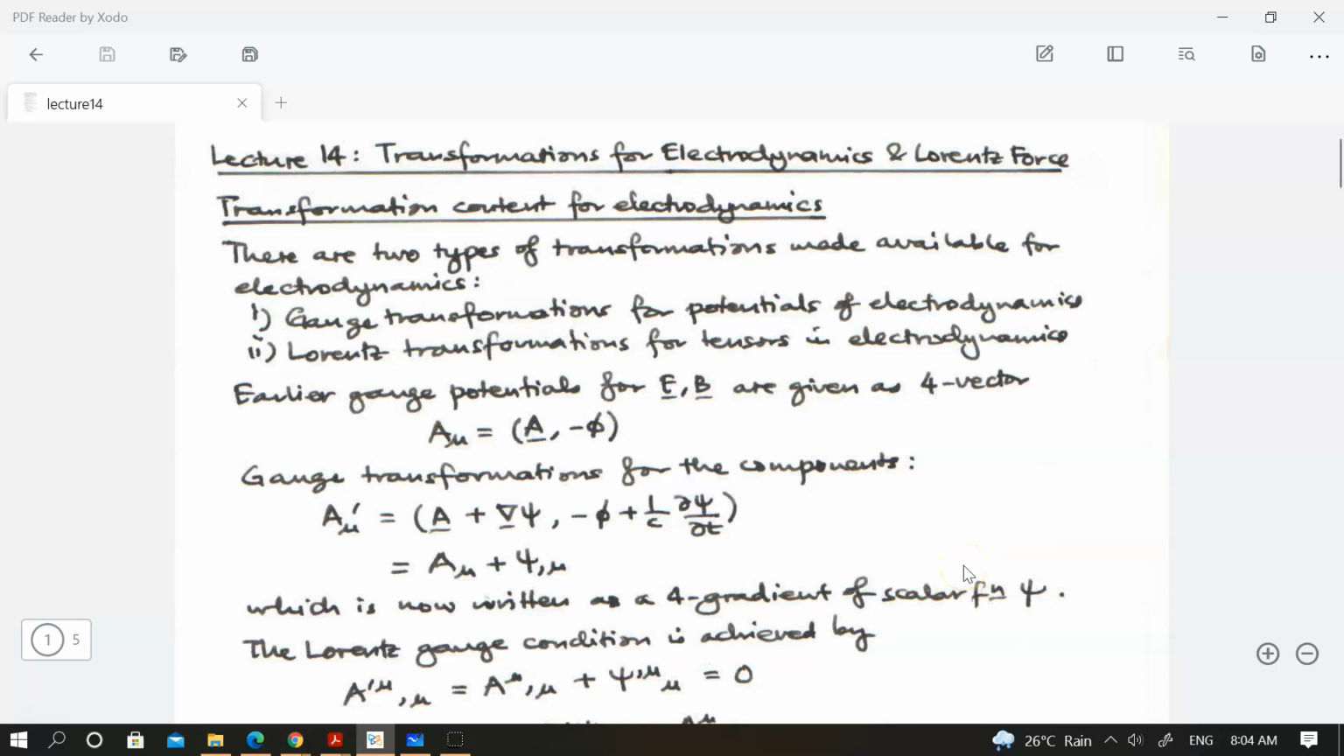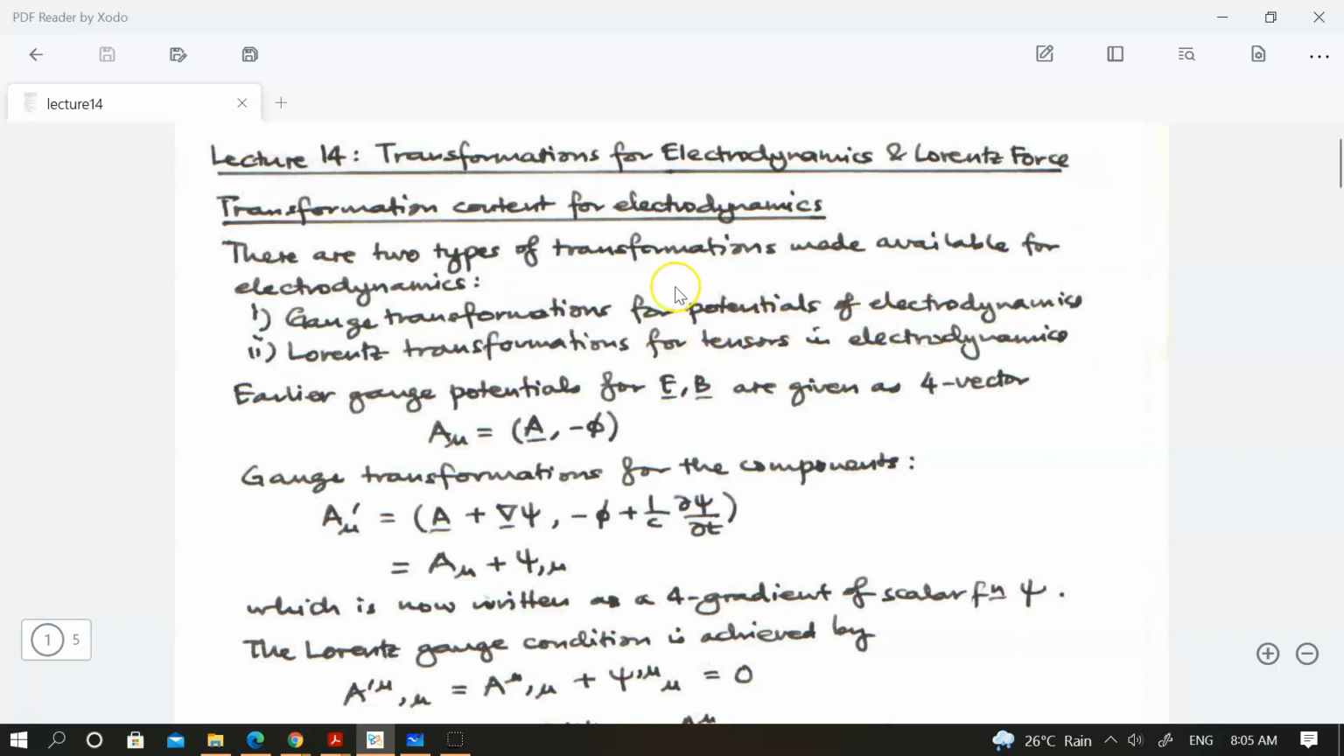So today, in the previous lecture, we covered how to describe the Maxwell equations in terms of the field strength tensor and also the gauge. We have not quite touched upon the transformations available for the physical concepts inside such a theory. So today we'll do that. So there are essentially two types of